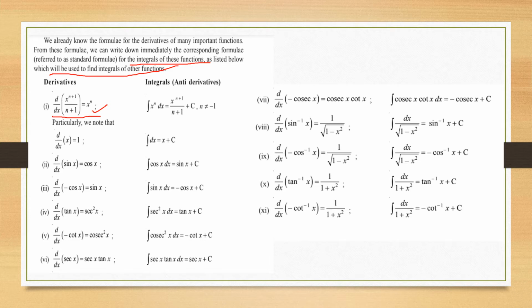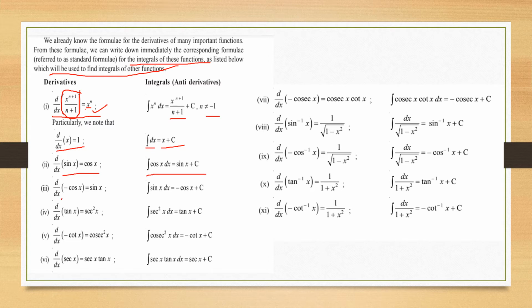So that means the integral of x^n is equal to x raised to power n plus 1 upon n plus 1 plus c, for n not equal to minus 1. d/dx of x was 1. Now this is the derivative of x, which means the integral of 1 dx is equal to x plus c. The c we are introducing is the constant of integration in the case of an indefinite integral. When we have limits on this integral, it becomes a definite integral, and in that case the c will be fixed. Now d/dx of sin x is cos x, so that means the integral of cos x is sin x plus c.